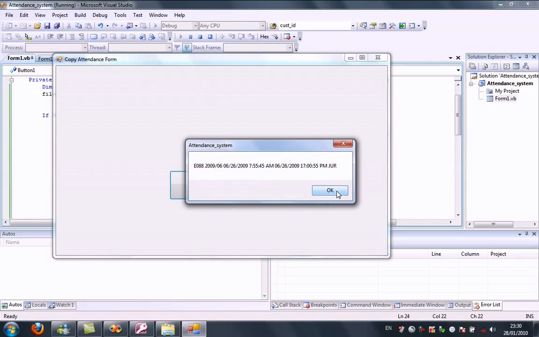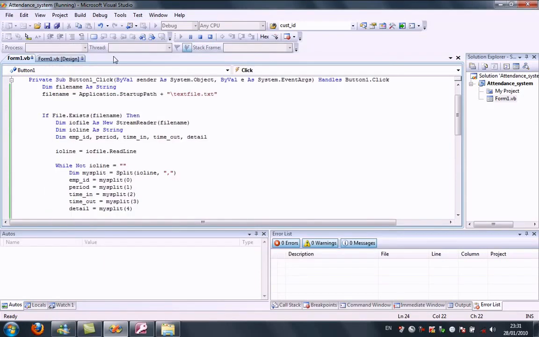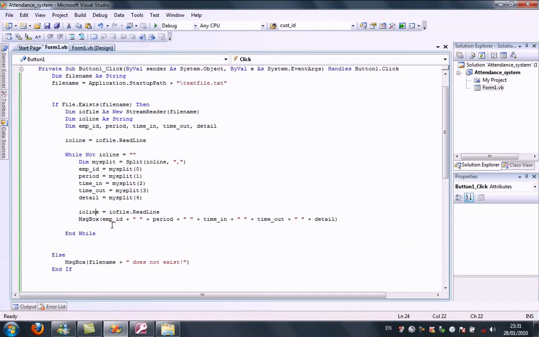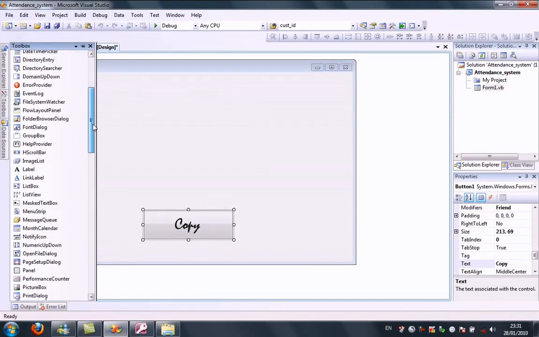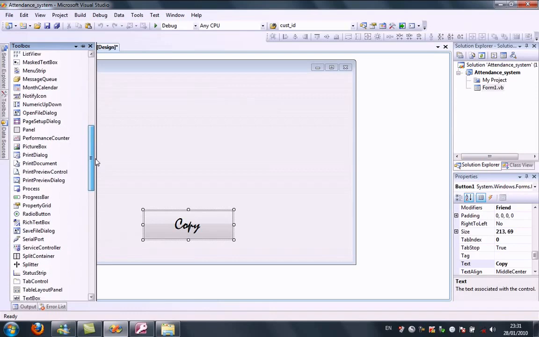E10, E22, E88, E20, E30. That's about it. That's very good. So I'm gonna comment this out, and I'm going to make this a little more interesting. I'm going to add a list view so we can see what's happening instead of the